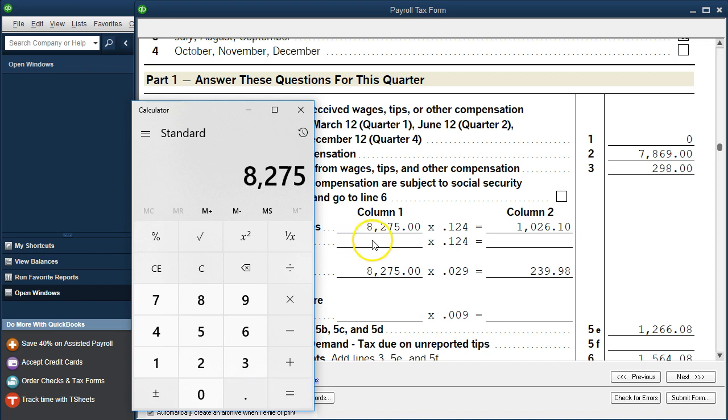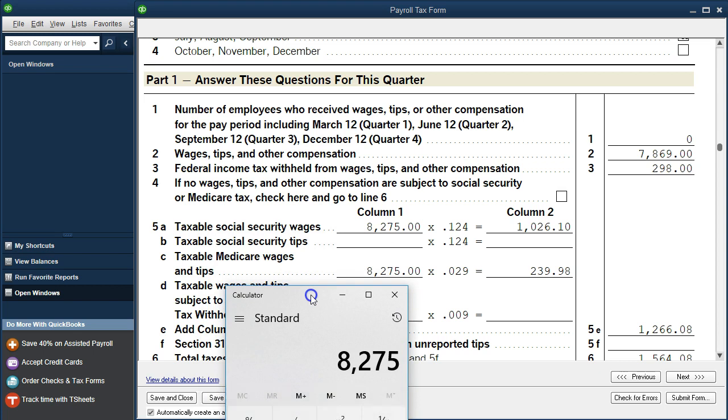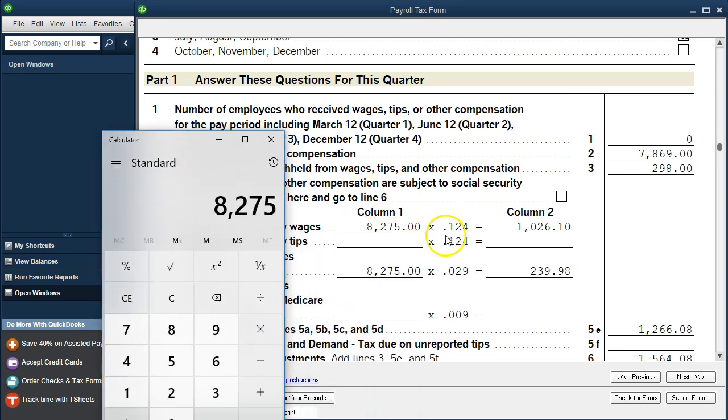That's how we get to our $8,275. So here's our $8,275. That's what we're going to have to use for Social Security and Medicare to double check our tax by multiplying times the 1.25 to get to the employer and employee portion. So this will match what's on the paycheck stub if we add up the employer and employee portion, and we can double check it by getting to the Social Security wages in this way, which is getting a bit more complex. If we compare that to the FIT wages, so if I take this number minus the 7869, we get